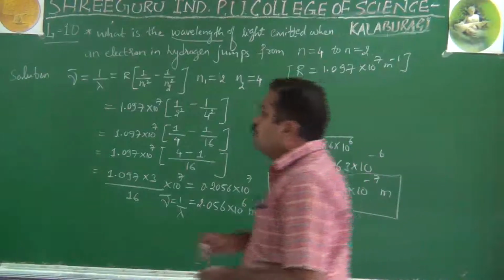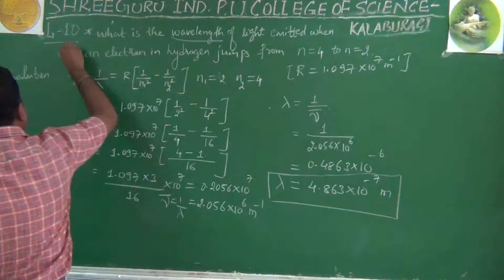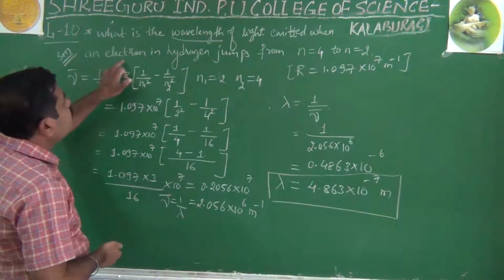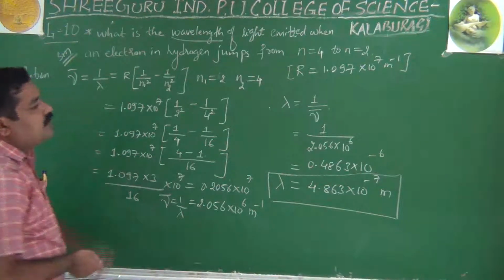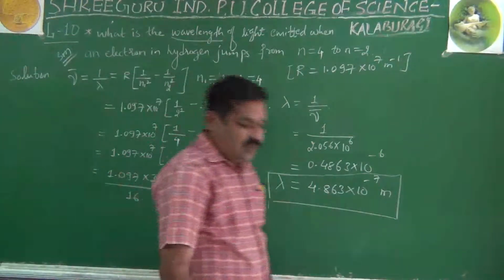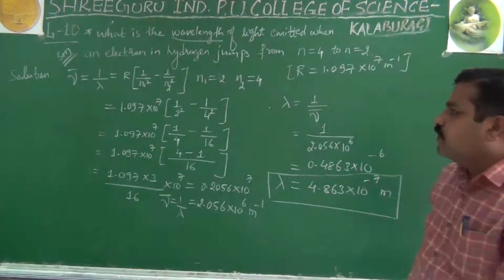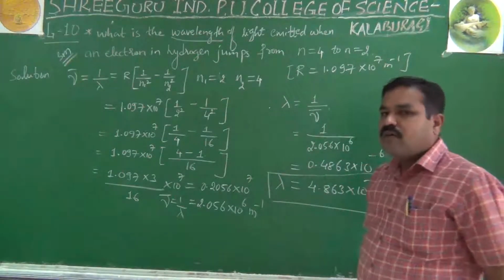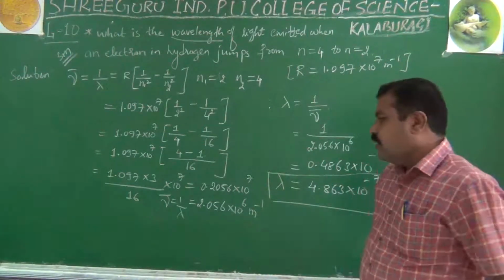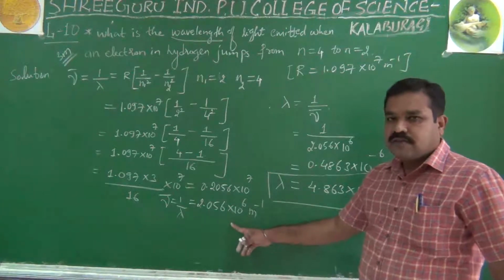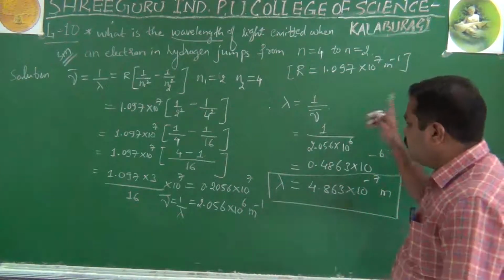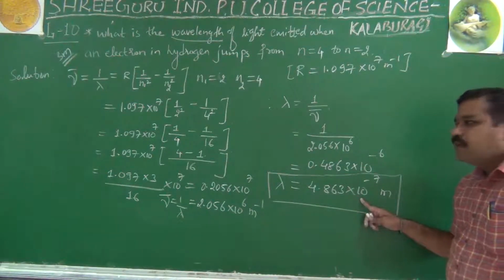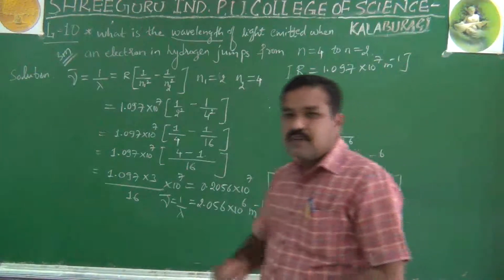Okay. So, if they ask you wavelength, please remember, very simple. What is the wavelength of light emitted when an electron in hydrogen jumps from energy level number 4, higher orbit, to energy level number 2, lower orbit? Then first you will calculate wave number as usual. It is almost like what is solved in the Balmer series, the second line of the Balmer series only. Same one. You take the reciprocal of that wave number, you will get the wavelength. Simple. This is for 3 marks, right?